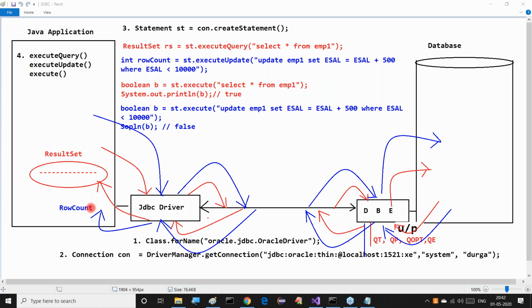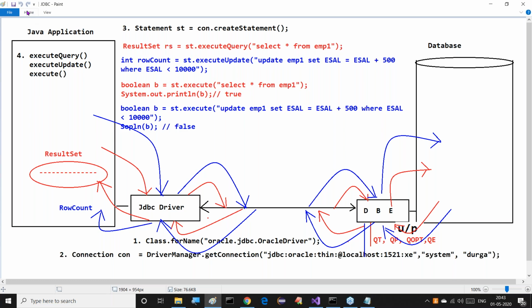Guys, all of you listen carefully. I'm going to give one point clearly. Understand it. How is JDBC able to achieve data persistency? This is my question. The answer is very clear.